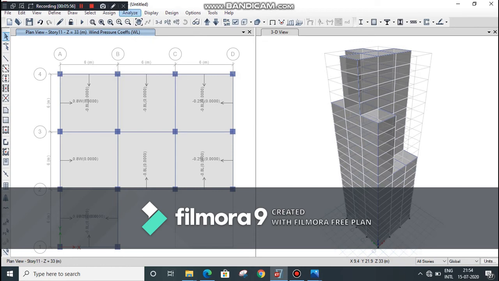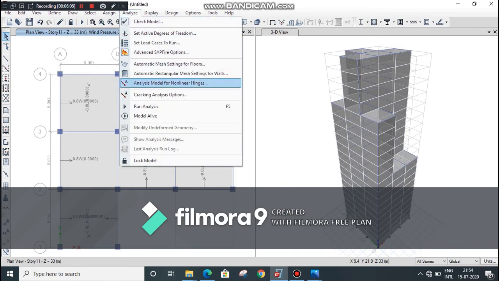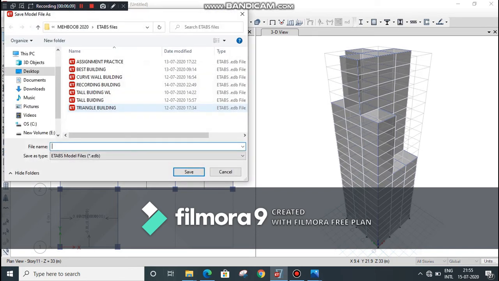Go to analyze option and select run analysis. If you have not saved your file, then first save it by giving a proper name.